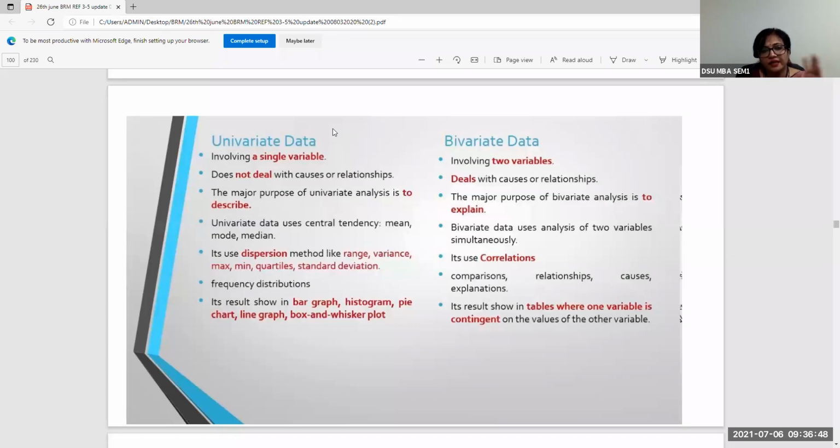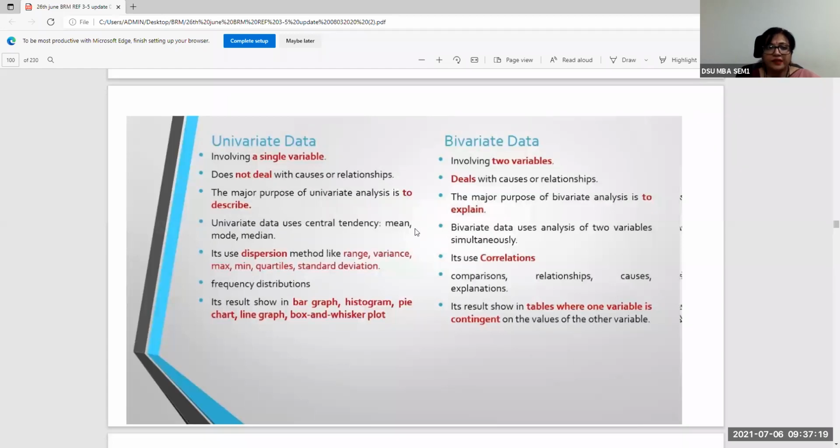Bivariate data, on the other hand, is data which involves two variables, like bivariate analysis. And when you're dealing with two variables, you can try to explore any kind of causal relationship between the variables, to find out which is the causal variable that causes an effect on the other variable. So trying to identify which is the independent and the dependent variable. Now, how do you identify that? You can do the identification on the basis of understanding in the domain, understanding the secondary data, doing a review of literature, all of that.